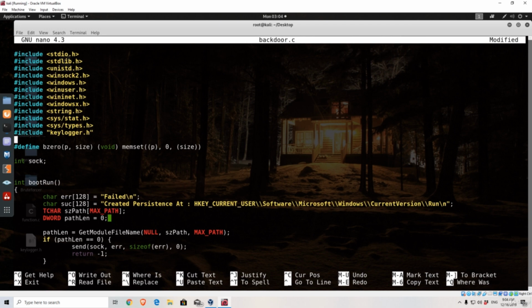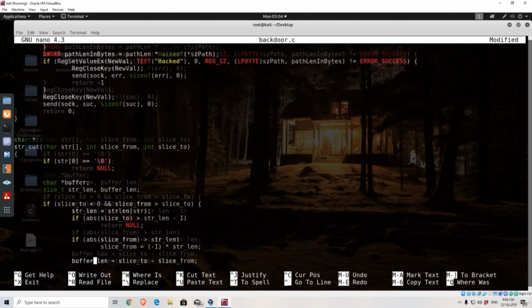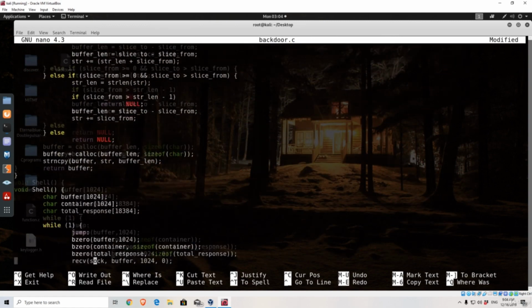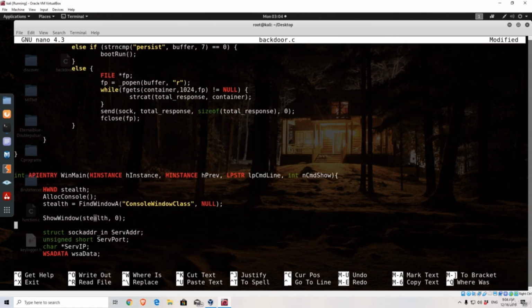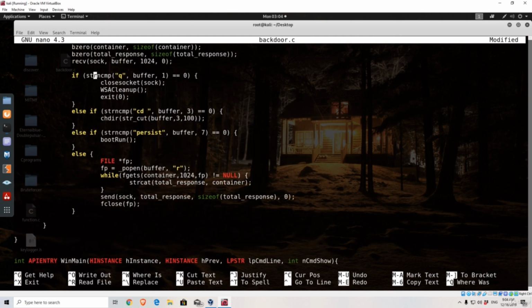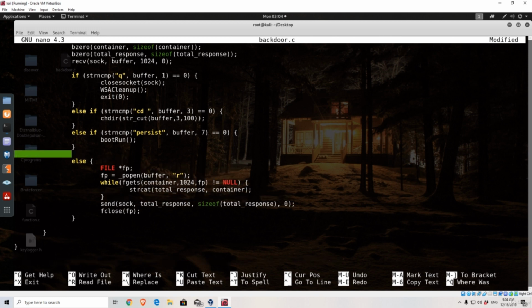Okay, so right now let's go all the way down and see how we can access that function. First, we're going to go all the way down just above the else statement, and we're going to create another else if statement right here. So else if, and here we're simply just going to compare the commands as usual with our keylogger. So string compare,